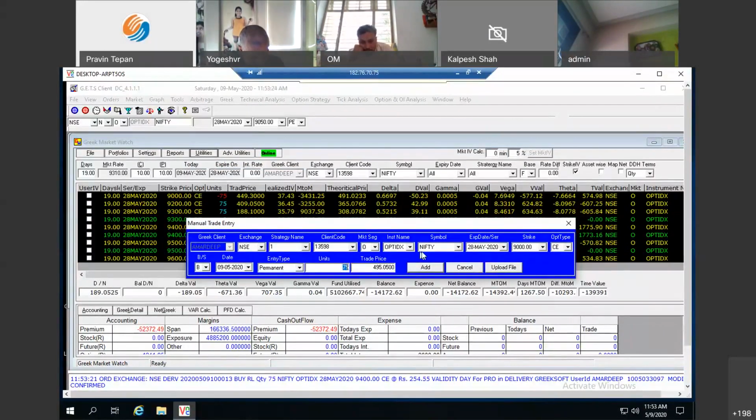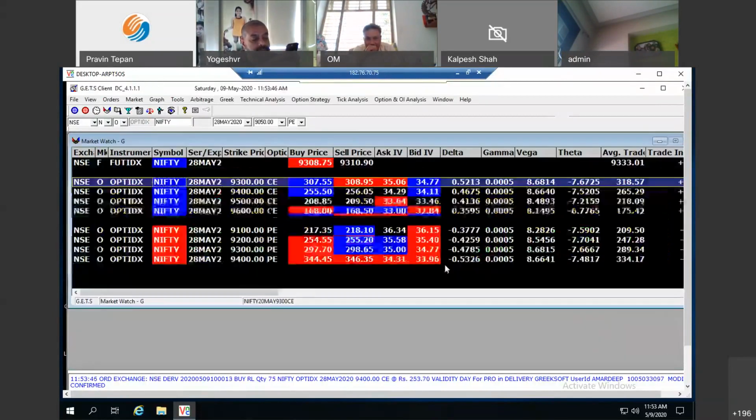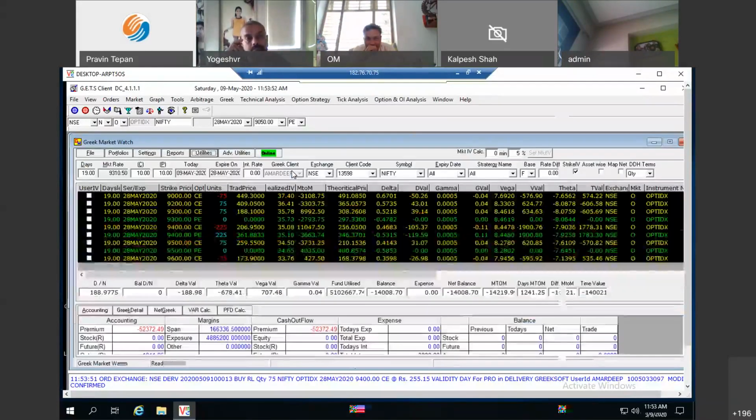So I can make an entry here, and accordingly, this will work as a paper trade. And I can name that strategy so that I can differentiate it from other strategies. So I simply click here and say test, and I punch an order. So then you can see for yourself how useful this particular F7 window is, wherein I would not only be able to track my Greeks, funds, expenses, margins, but also do paper trading, and there are different kinds of reports that I can work on.